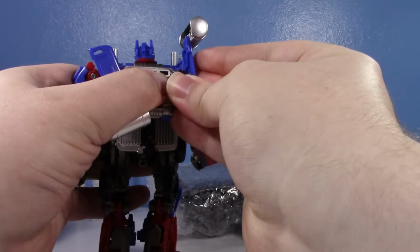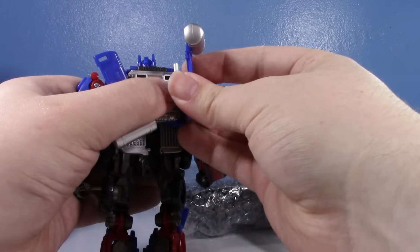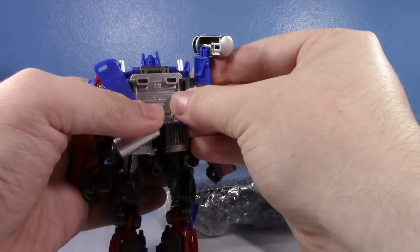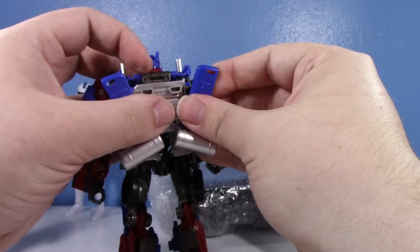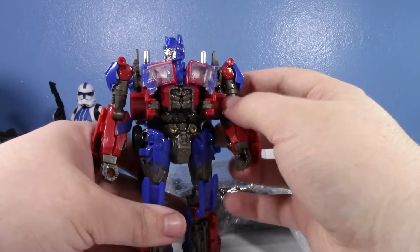I really think so. And another reason I kind of wanted this too was because I wanted a different version of this Optimus. Is that just not going to go back on? You better please go back on. There we go. Anyways, before that interrupted me, I wanted a second of this Optimus specifically because I want to